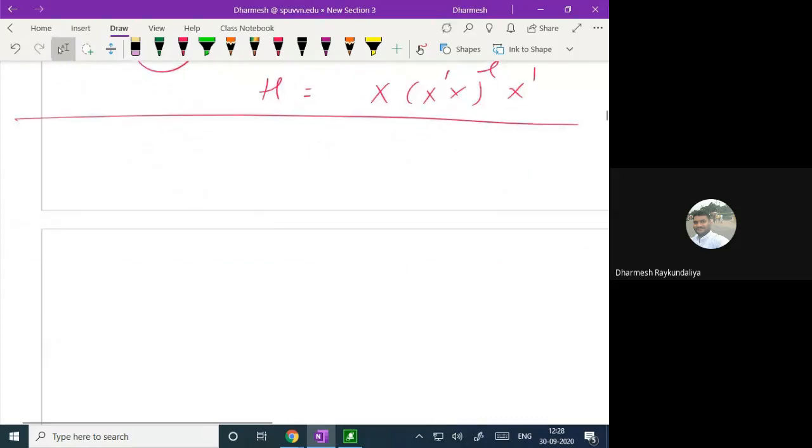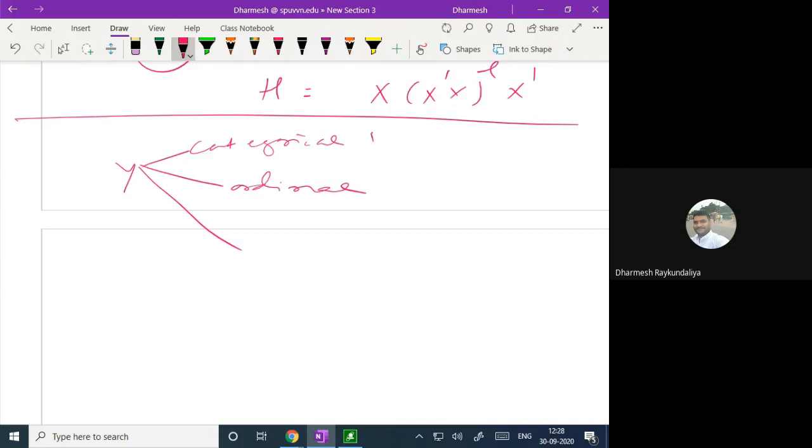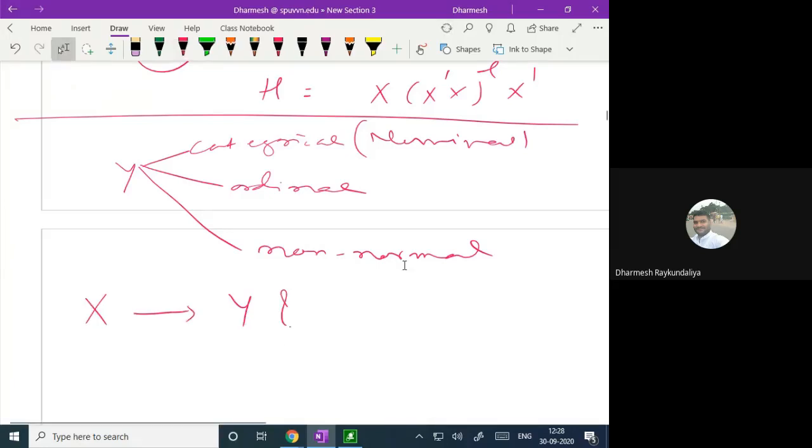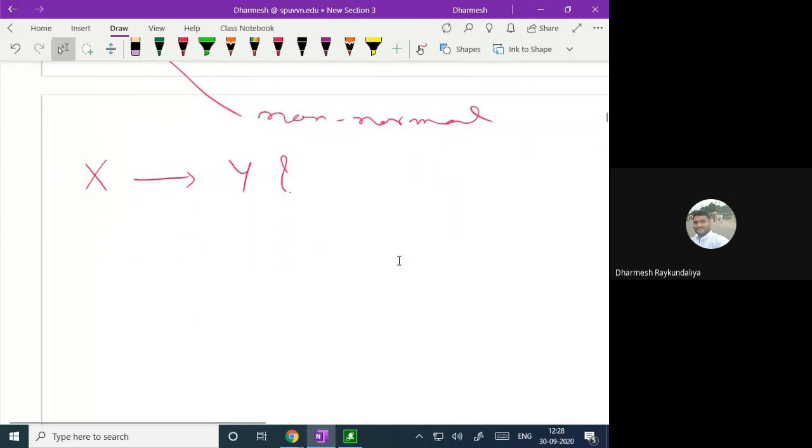So what happens if your response is categorical? If the response is ordinal, or categorical meaning nominal, and if your response is non-normal, and you wish to see the impact of X on Y, we cannot apply the concept of simple linear regression models. So we try to see that